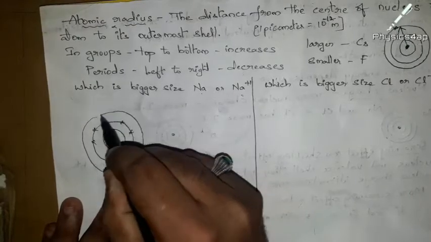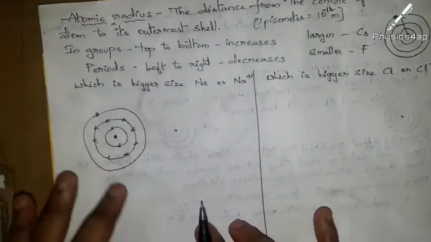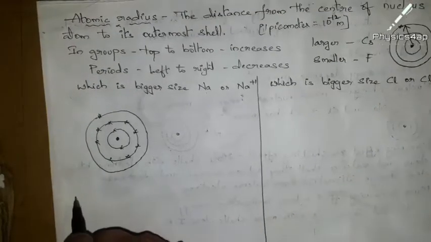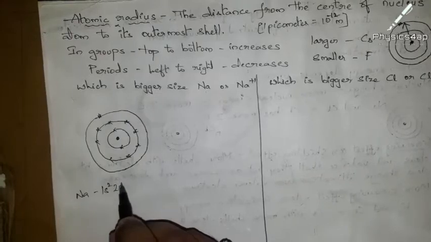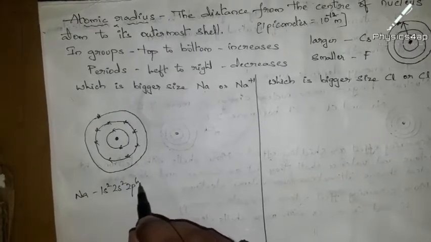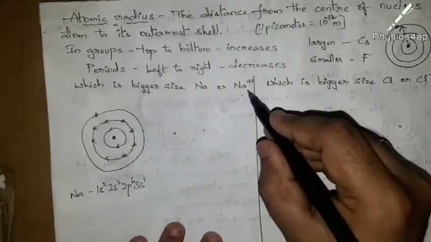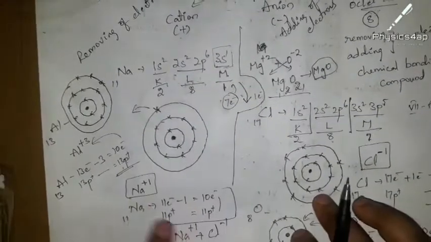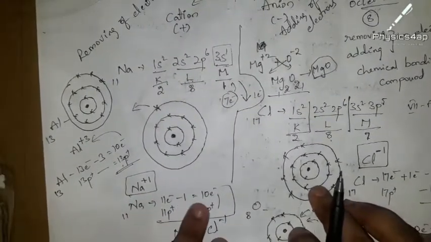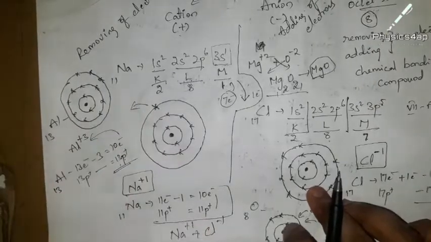So this is the atomic structure of sodium with the help of electronic configuration. When we write the electronic configuration: 1s2, 2s2, 2p6, 3s1. Now what does Na+1 mean? As I told you before about Na+1, Na+1 is nothing but the removal of one electron from its outermost orbit. So when we remove one electron from the outermost orbit, then